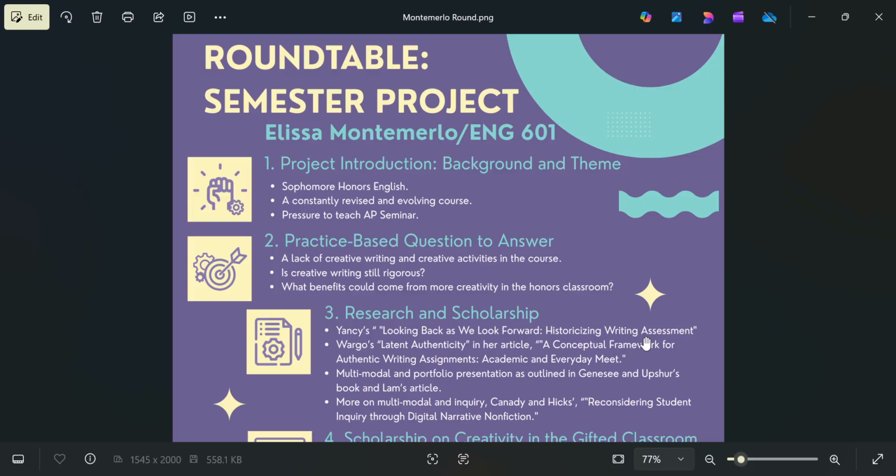Most in the district view sophomore honors English as the mini AP literature course. This makes sense to me as we read mostly fiction and write based on what we've read in class. Just last week, my department head came to me to inquire about AP Seminar, which is the AP offering for sophomore English. I'm intrigued by this, but for several reasons, I'm not interested in pursuing it.